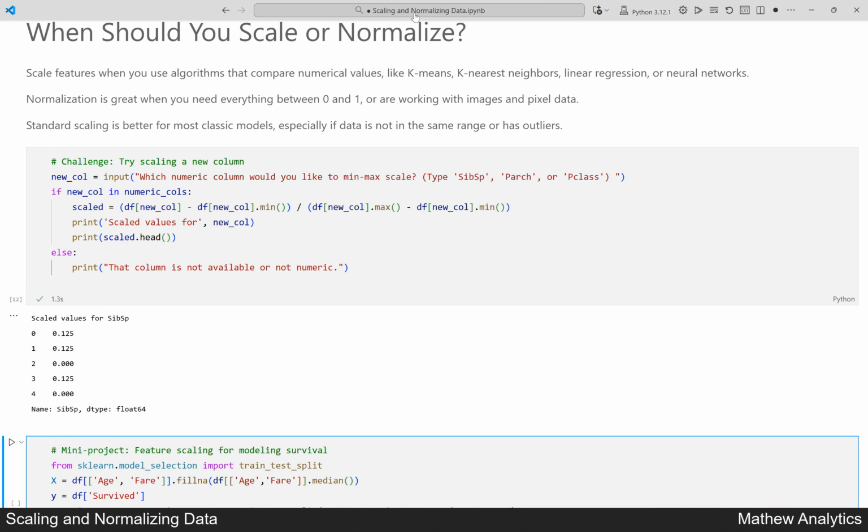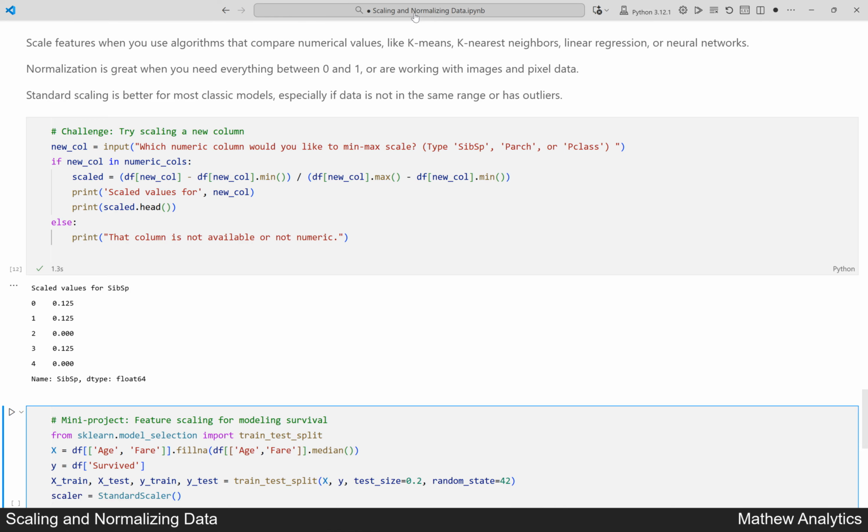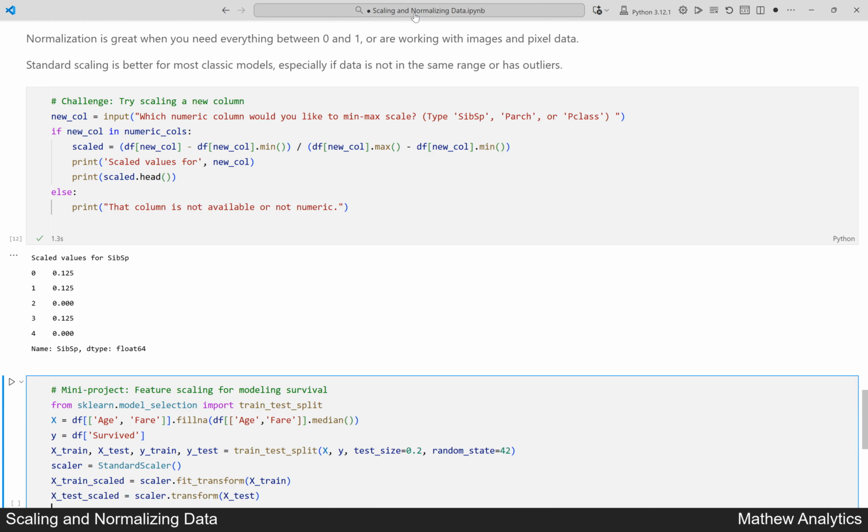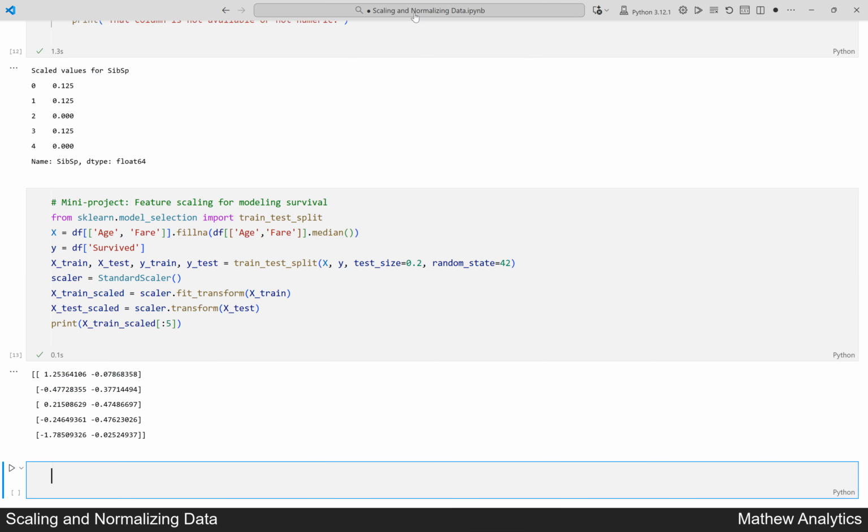We bring in StandardScaler, which standardizes features for modeling. We fit the scaler on the training set and transform it to have mean 0 and standard deviation 1. The same transformation is applied to the test set so our model can work reliably. We print the first few scaled training values to see how it looks. Running the cell now. Here we see the first 5 rows of the training features after standard scaling, where age